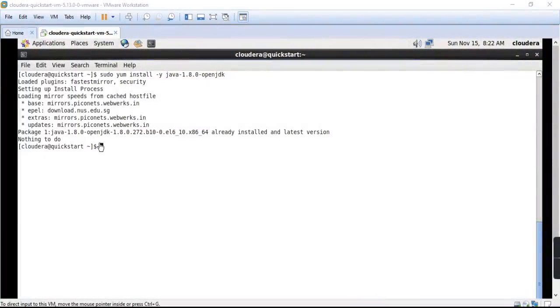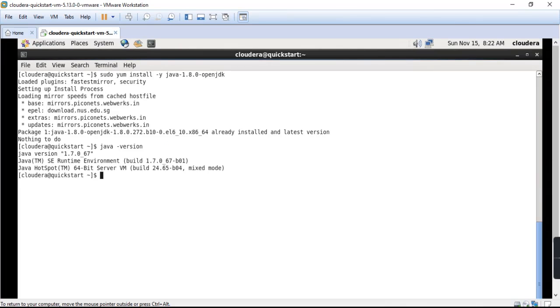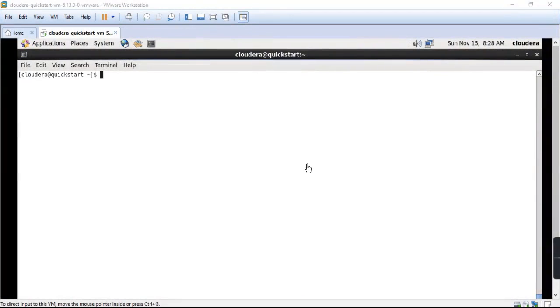To check whether it is installed properly or not, I am hitting this command, which will show me the version of Java that already exists on this machine. You have seen that Java has been successfully installed on this virtual machine. Now you're going to install